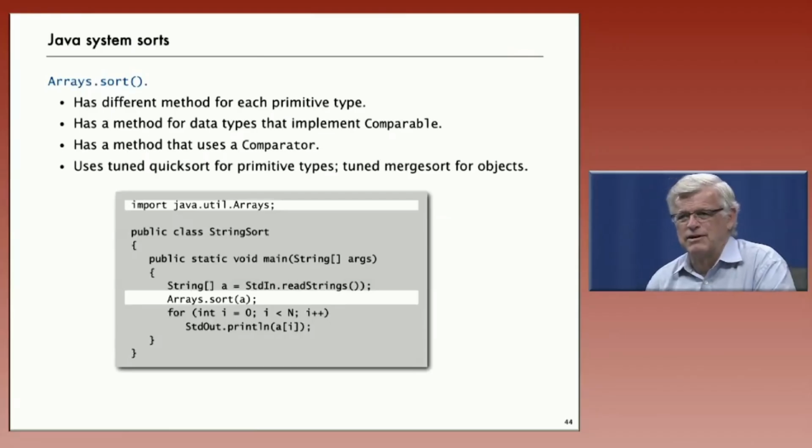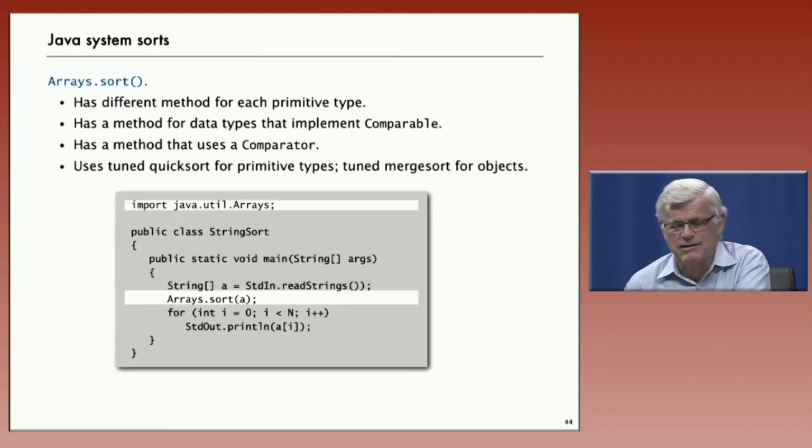So Java has a method called Arrays.sort, and it's intended to be a general purpose sorting method for use by Java programmers. And now that you have some understanding of the classic methods, you can have a better idea of why Arrays.sort is the way that it is. It has the infrastructure that allows it to be used for all types of data and all types of ordering. So it's got a method that implements Comparable, and then it's got a method that uses Comparator, so that you can use the natural order, or you can provide a comparator and provide your own order